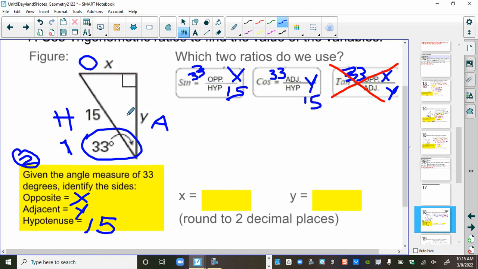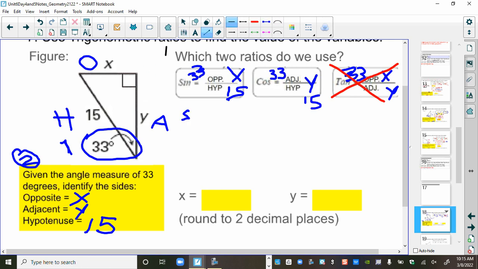Now, rather than once, we're going to have to do it twice. But are we at a point where we have enough information to get the value of x and to get the value of y? Are we at a position where we can get those values? Do we have enough information? Because in the end, we do. Because if you think about it, for this first part right here, in the end,